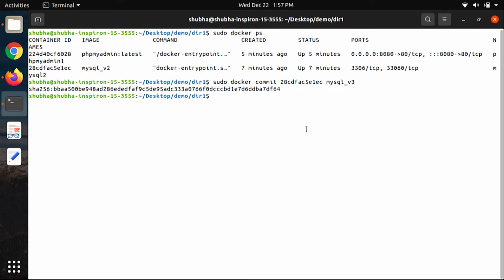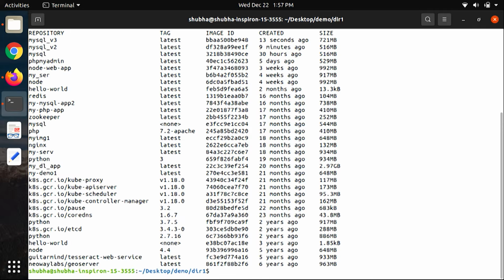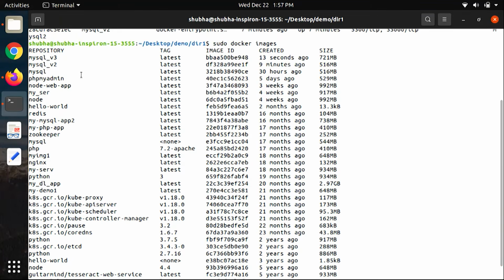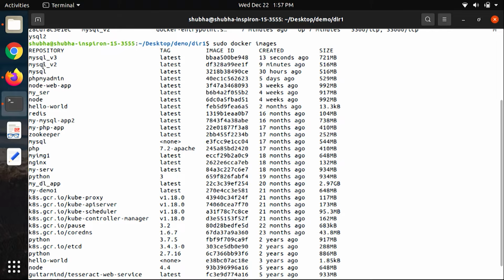Yes. So now if we see sudo docker images, first of all in PS it is running because we have not closed those things. The sudo docker images, if we go here, we can see this has been created. Yeah, just a few seconds ago. Now we can do one thing. We can move this image as a tar file to another system.